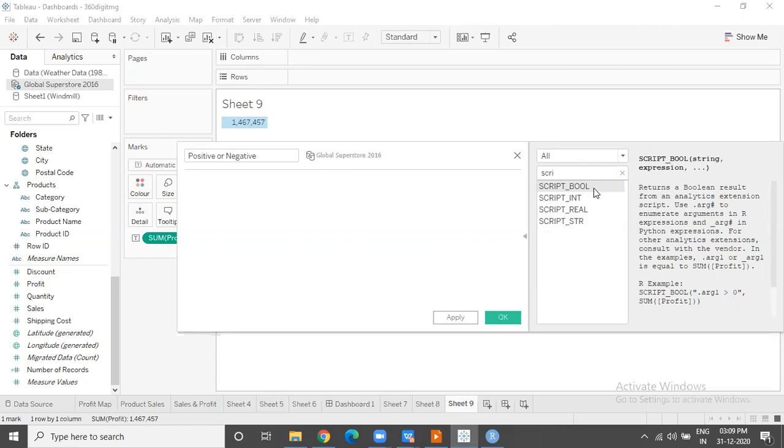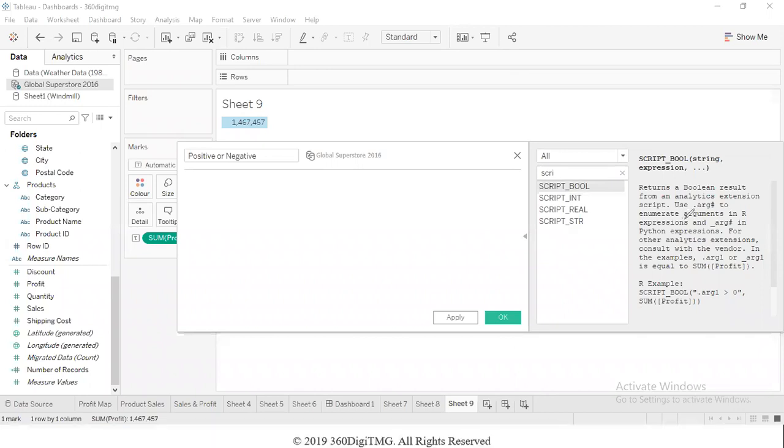Okay. Now when to use which function? It would depend on the result that you're expecting from the call that you make to the external service. If R is going to work on the data and give back a Boolean result, then we will use SCRIPT_BOOL. If R is going to give us something in the form of an integer, then we use integer. If R is going to return a real number with decimals, we'll go with real. So depending on the result that you're expecting from the external service, we have to use one of the functions. And when data is sent from Tableau to the external service, that data is referred to as an argument. They are all called arguments.